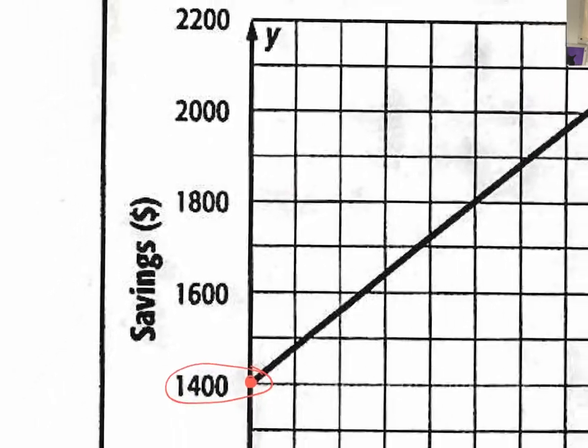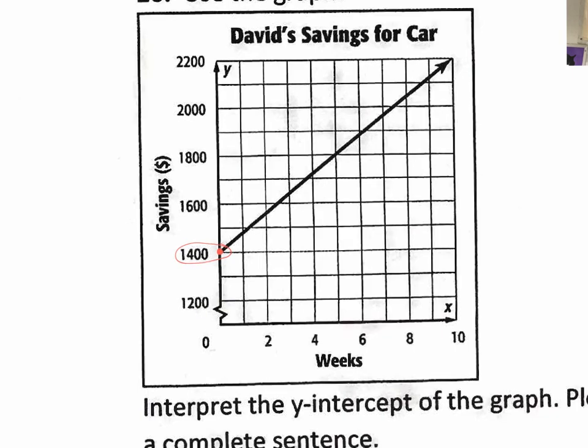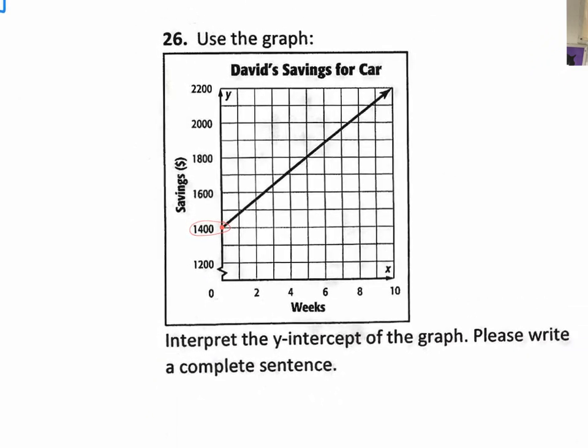So when they say, what could you say about the y-intercept in terms of this situation, what do you guys say? Y points to the sky. Yeah, that's true. Y points to the sky. But what about this particular situation regarding David saving for a car? What could you guys say about this? That he's been saving money. Oh, yeah, he's been saving money. But what could you say about this number right here, if it's the y-intercept,